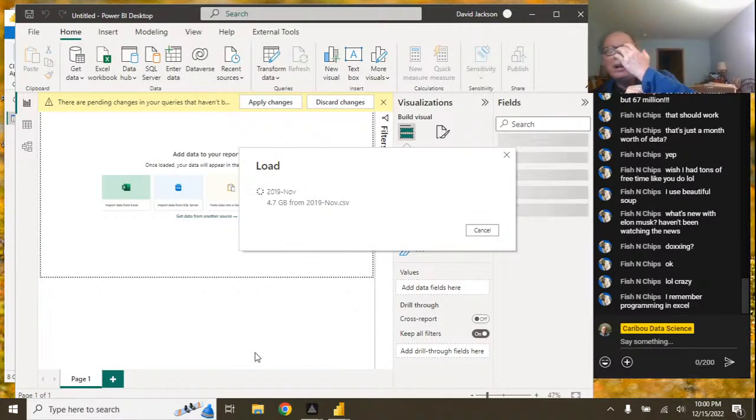I remember programming it out. The DAX, or M language, whatever it's called. I'm not real big on that. I read a couple of chapters of a book, but